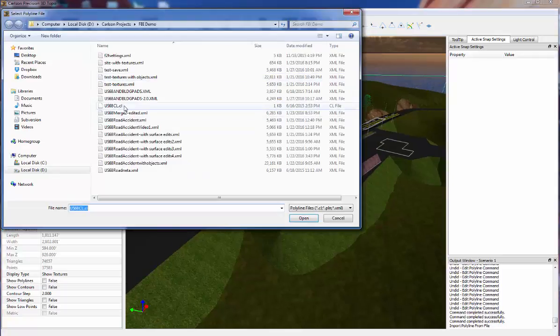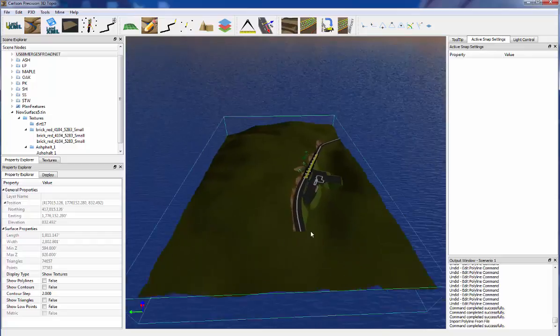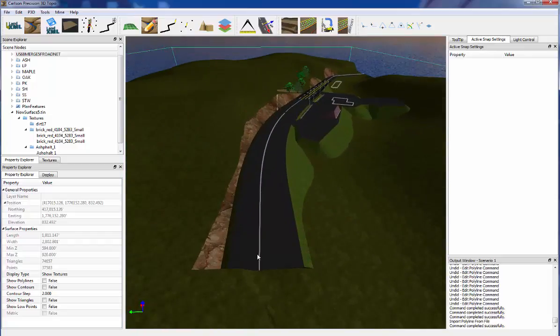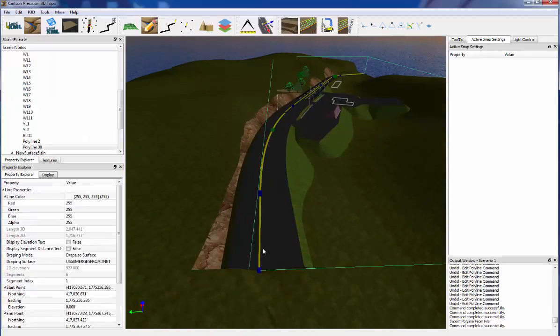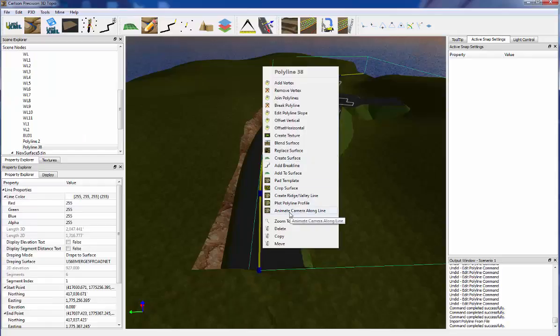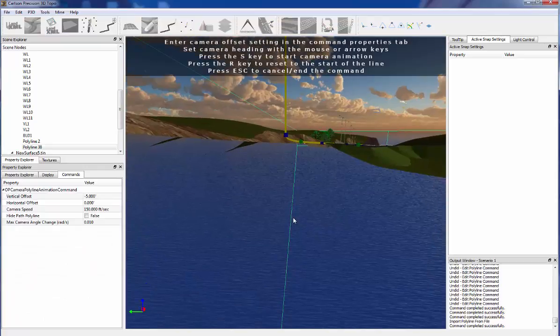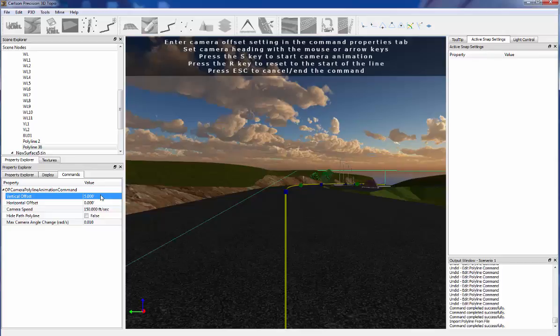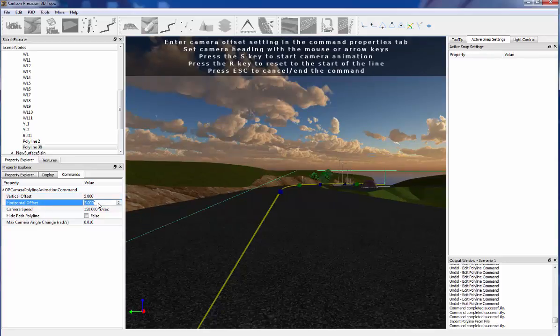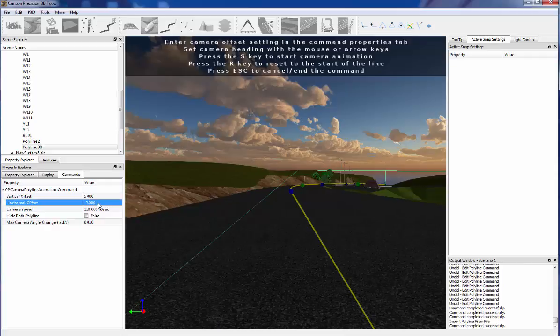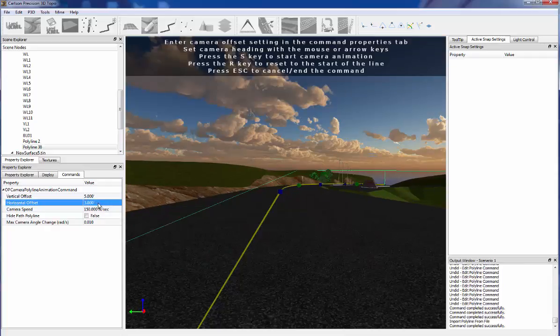And then if I use our import centerline routine, I just imported this centerline, and now what I'm going to do is show you our new animate camera routine. In this case, we're going to put that 5 feet above ground and 3 feet over. Of course, if we were in England, we'd drive on the other side, but we're not. And we'll pick some reasonably quick